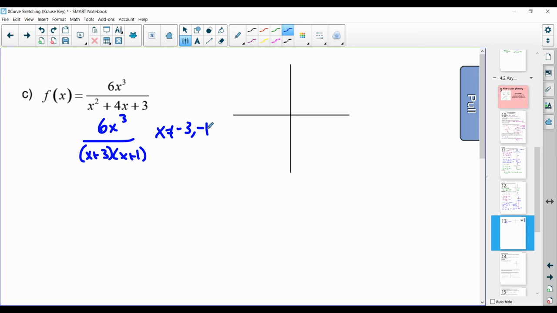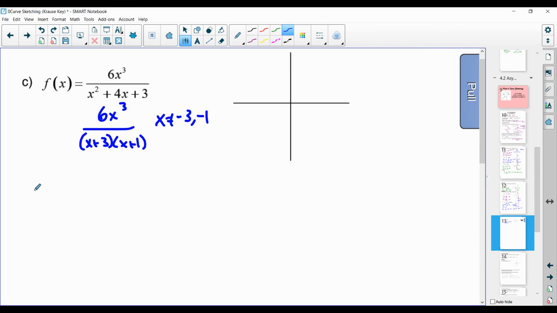Nothing cancels out, so that means we're going to have to consider the left-hand and right-hand limits for both of those restrictions. So let's start off with negative 3. As the function approaches negative 3 from the left, we consider what numbers we're going to have on the top and the bottom. So if I take any number that's close to negative 3 on the left-hand side and